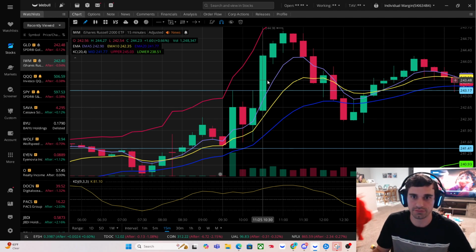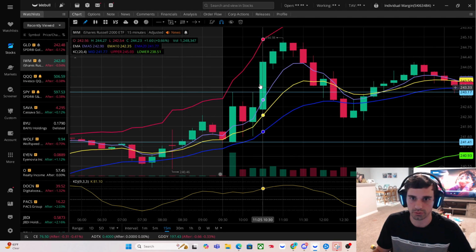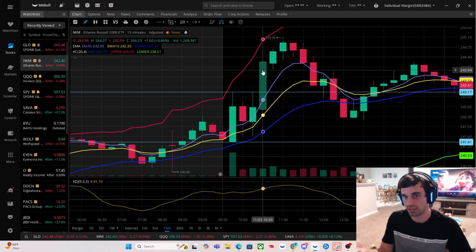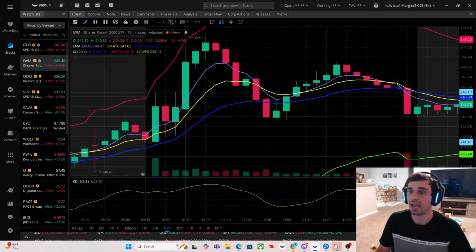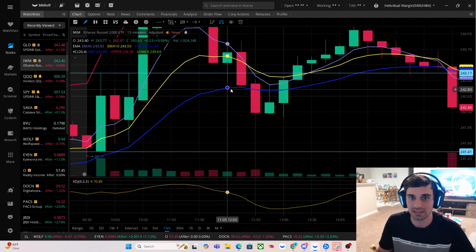What you're going to be looking for is calls or go long. So right here gives you a confirmation on 1030 that this is an uptrend. Doesn't mean you get in right away. You want to look for price to come back to this EMA 20. And that's what we did. I actually did get in